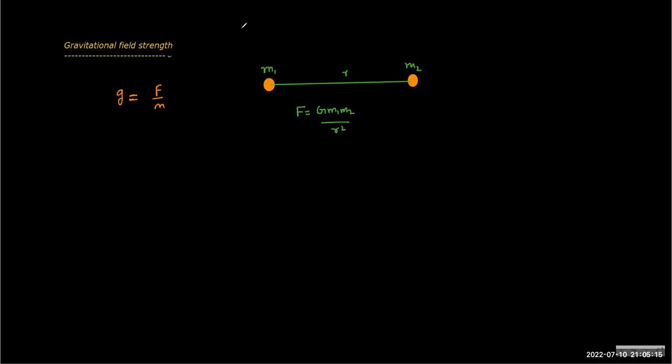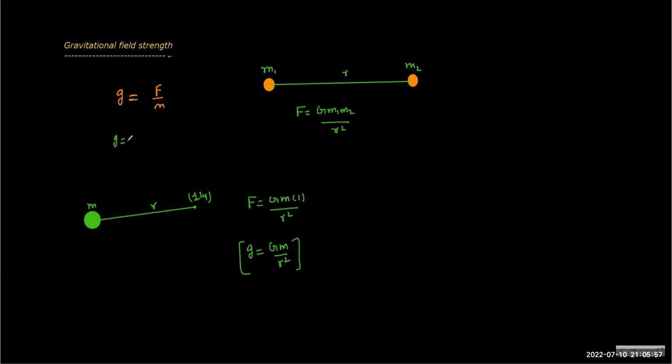So let's say we have a point mass of value m, and I want to know the g value at a distance r, so I will put a 1 kg mass here. The same logic as when we put a plus 1 charge. We will find the force first, G m1 m2 by r square, and this will automatically become the gravitational field strength, which is how much? Same. Kq by r square is Gm by r square. So there's not much difference, right? And this is exactly the same.